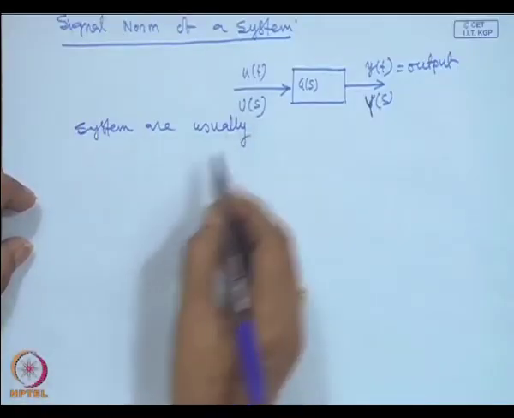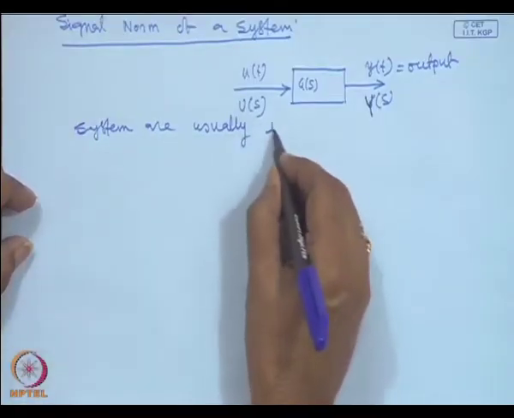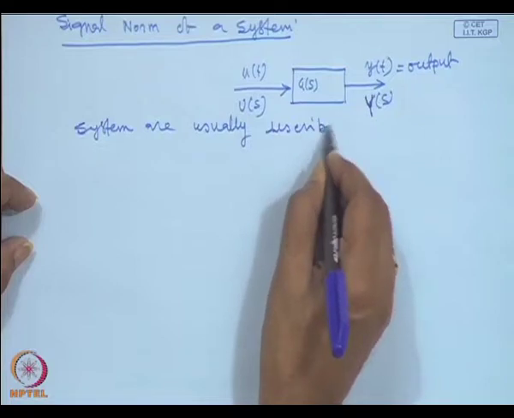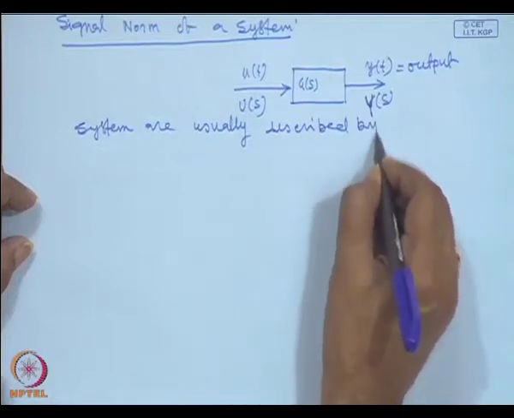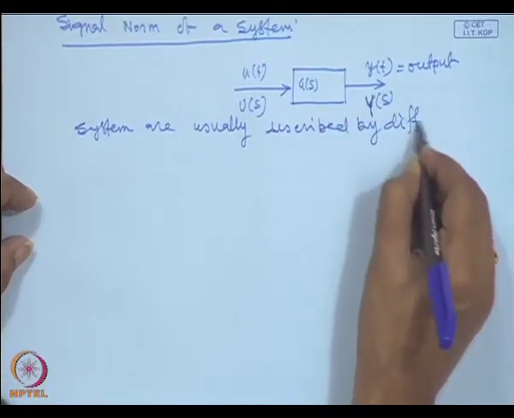If it is a state space model, that nth order differential equation you have to convert into n first order differential equations. If you convert into a transfer function model, then you take the Laplace transform both sides by assuming all initial conditions are 0. So, the systems are usually described by differential equation